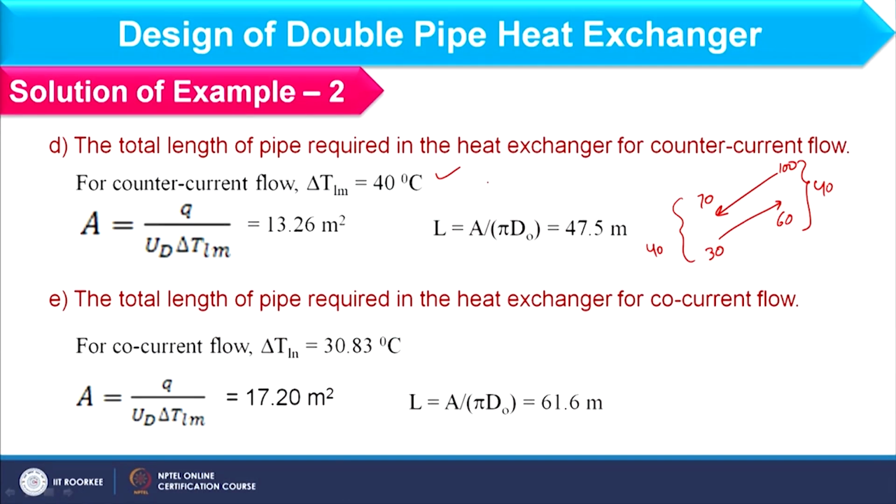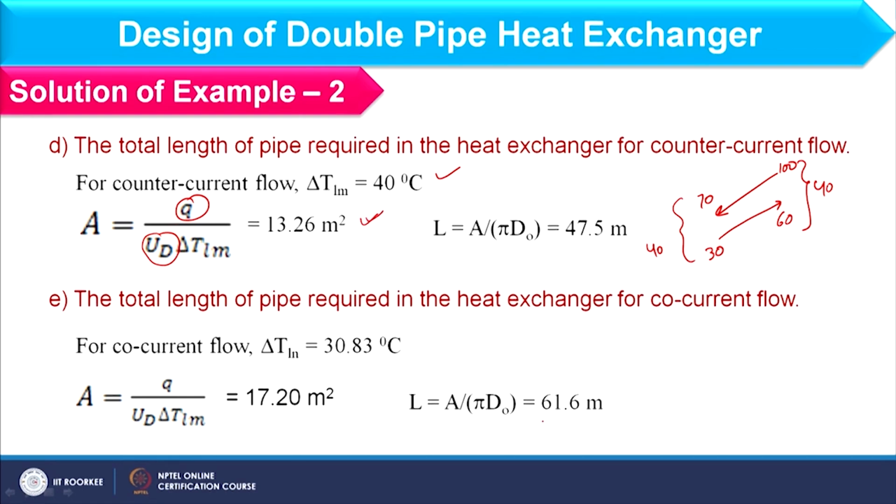So, what we have to do over here, because LMTD in this case becomes 0, right. So, what we can do in this case, we can simply consider the arithmetic mean as the mean temperature difference. So, 40 on both sides, so 40 will be your average temperature difference, right. So, here you can consider 40 degree Celsius as mean temperature difference. Q value we have already calculated, U D you already know. So, here we can consider 40 degree Celsius as mean temperature difference to find out heat transfer area as 13.26